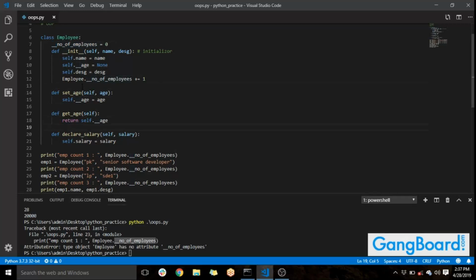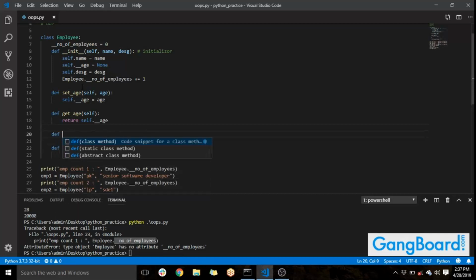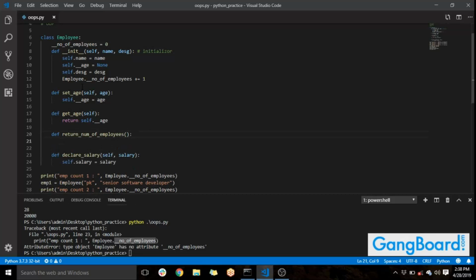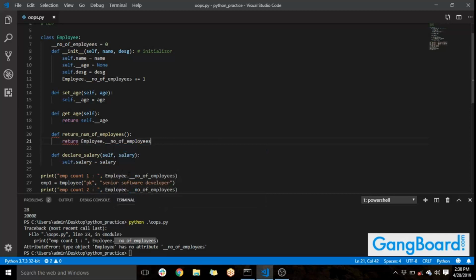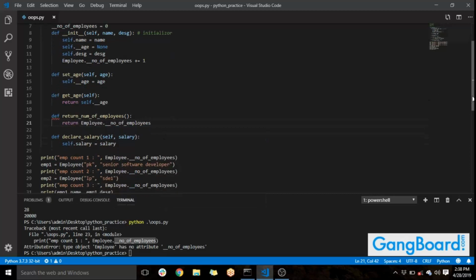We can do it, let's say we are writing def return number of employees, and we don't need a self over here because this object basically belongs to the class and not the object. The self will only be used when we are dealing with the object attributes and not the class attributes. So over here we're just returning the employee dot number of employees, and then if we call this function,